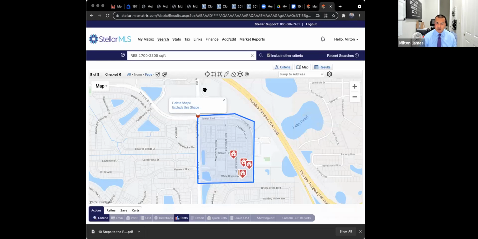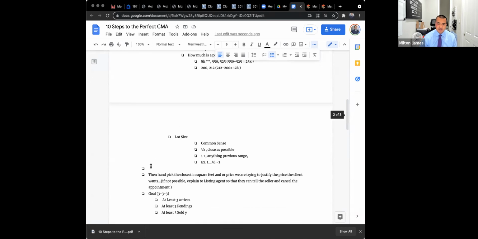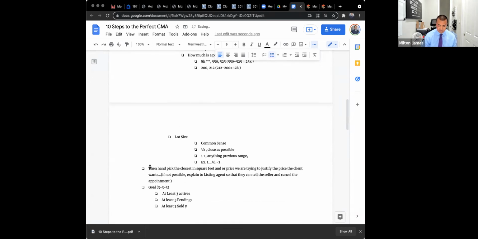So step one was identify. Step two was create our boundary lines. Step three was go to the map. Step four was draw the boundary line. Step five is adjust the criteria. And then step six, let's see, what's their step six? Is there a step six? I mean, pretty much we're done. Step six, okay, then handpick the closest in square feet or price we're trying to justify the price the client